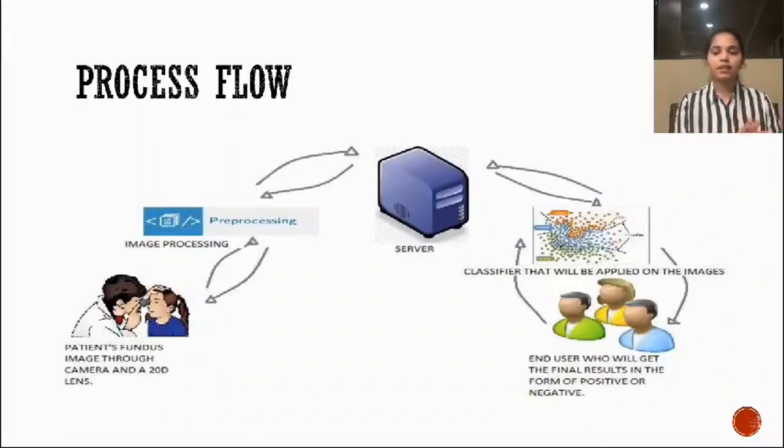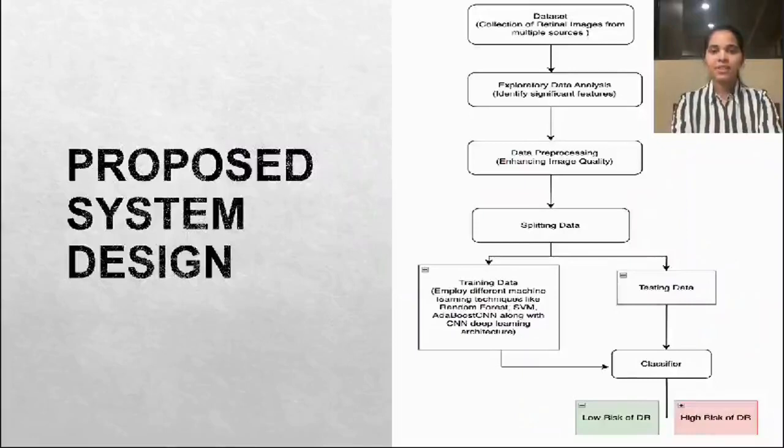And after that, we can classify whether a person is positive or negative with diabetic retinopathy. And here is a visual of how we have trained our machine learning model. We started with a dataset containing eye images with some healthy images and few or many affected images to help our system understand and tell the difference between a healthy and a diagnosed person.